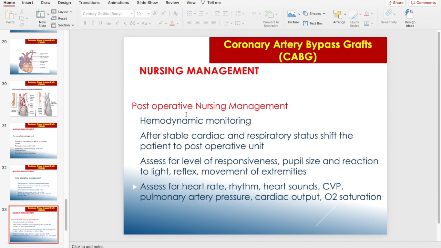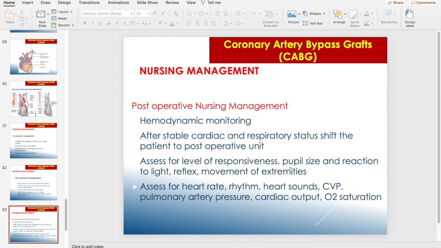And also you have post-operative nursing management, hemodynamic monitoring. It's very important. The patient will be transferred to the ICU, and we will monitor the patient with hemodynamic monitoring. We make sure the blood pressure, the heart rate, and the ECG are normal. After the cardiac and respiratory status is stable and the patient is able to breathe, the patient will be shifted to the post-operative unit, and we assess